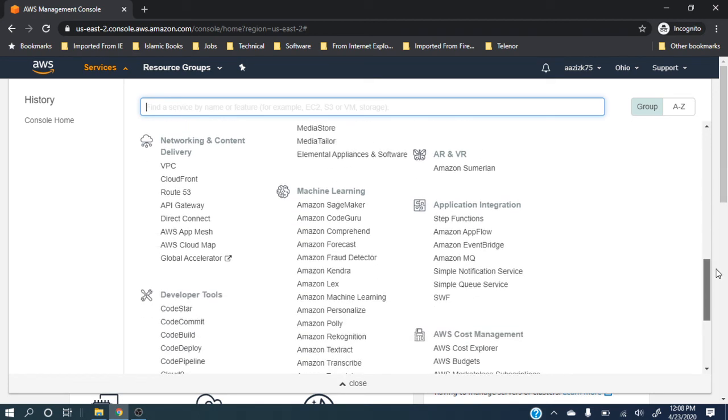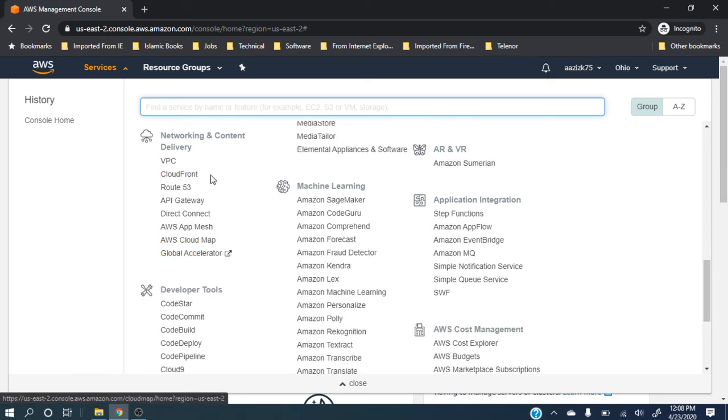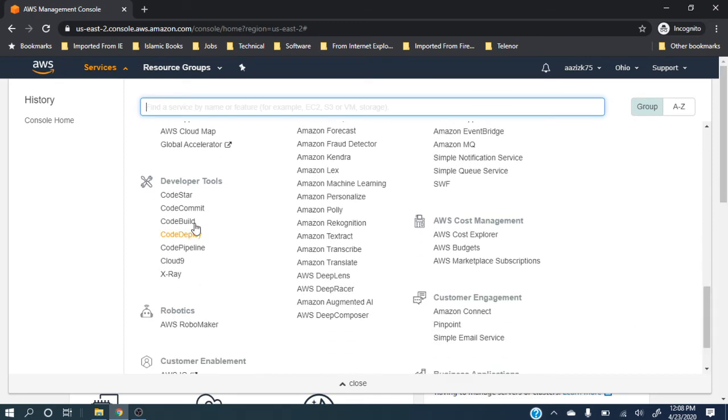Then this is networking. If you want to build your own network within the Amazon cloud, if you have your presence in different areas, different regions, and you want to make a network that should be your private network, then you can use these services. And these are developer tools.